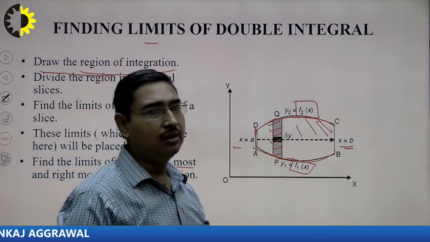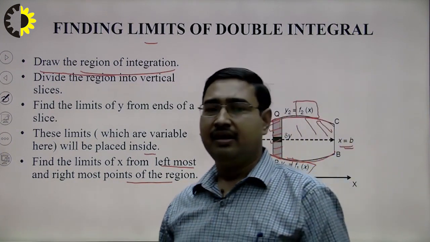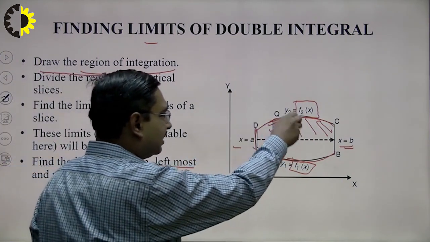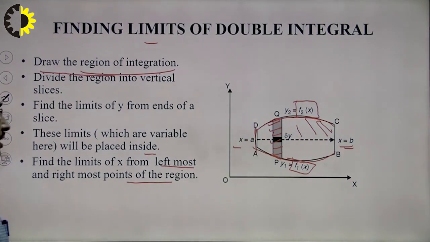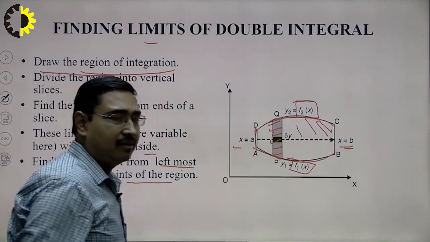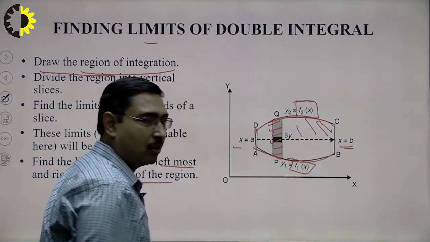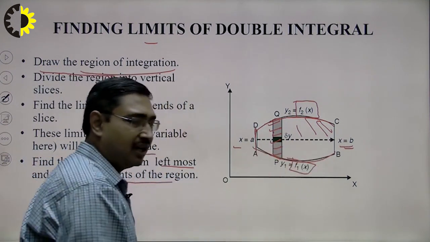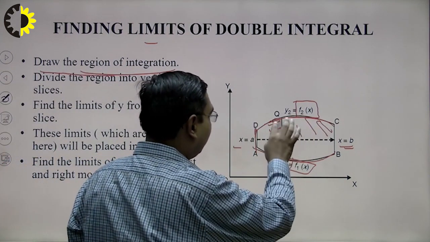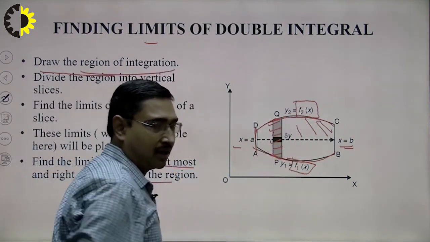What I have told, I have told that to find limits of a double integral, we shall first draw the region of integration. Then we will slice up the region into vertical strips. Considering a vertical strip, we shall find limits of y in terms of x. For this, its lowest point lying on a boundary, equation of that boundary will give value of y, which will be lower limit of y. Equation of upper boundary on which highest point of the slice is lying will give upper limit of y.